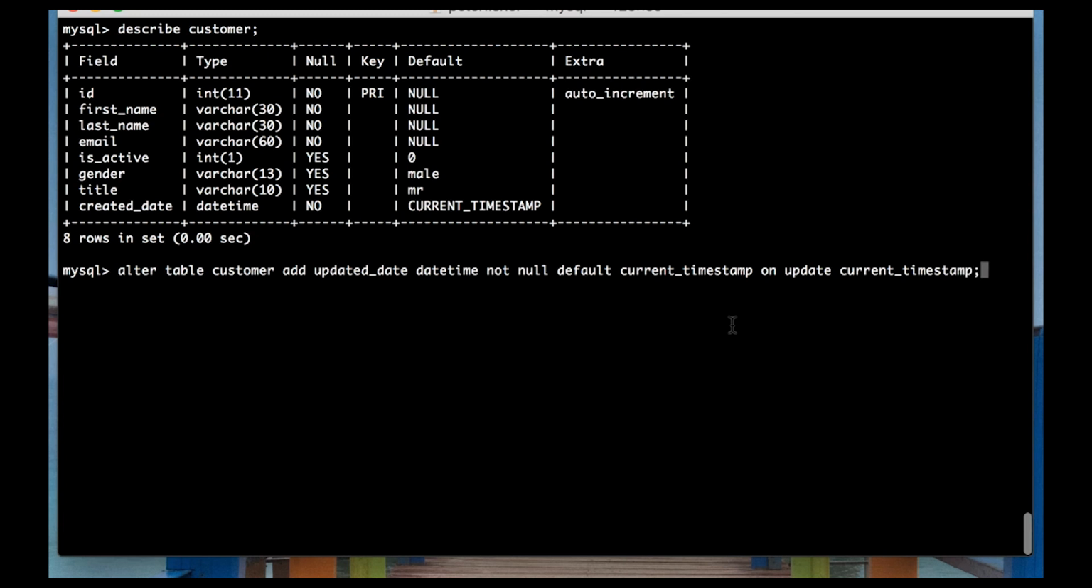Okay, so I'll just walk you through that again. So we alter the table customer, we add a new column called updated date. We set the updated date's data type to be datetime, and we're specifying that it's going to be not null, which means that it cannot be empty. We're setting the default value to be current timestamp, which means that if no value is specified, then it will be set to its current timestamp. We're then creating a rule which will be triggered on update, and on update we're going to set the value to the current timestamp. So enter that, and then